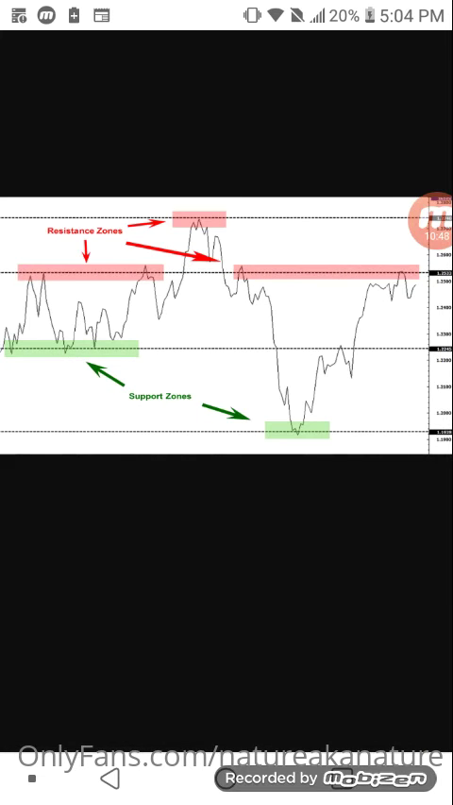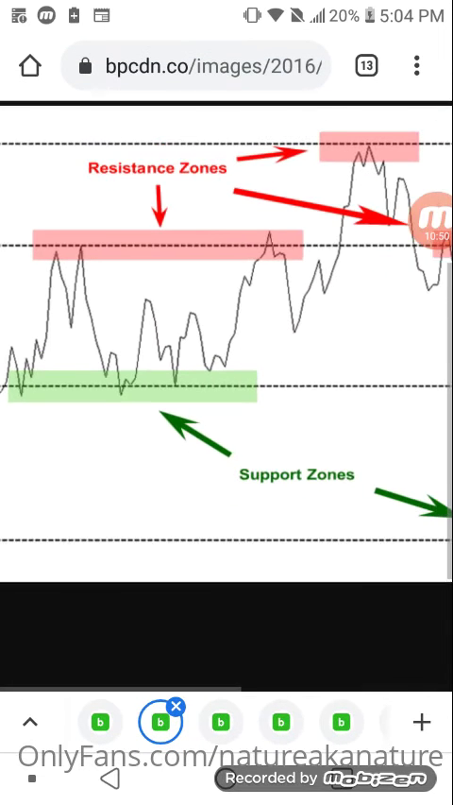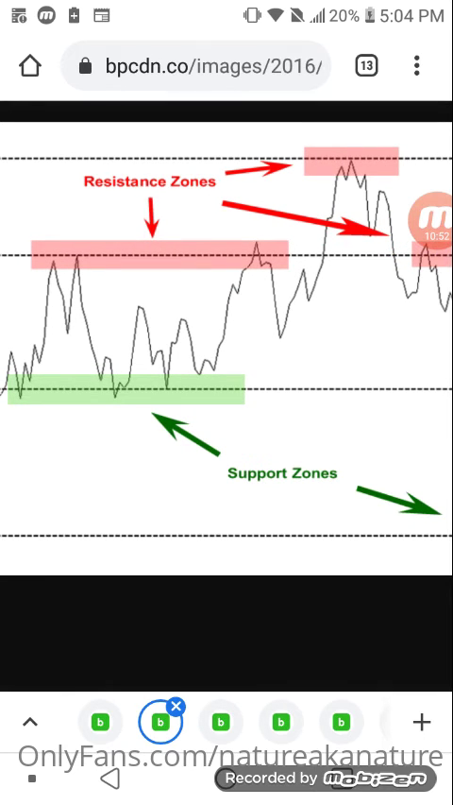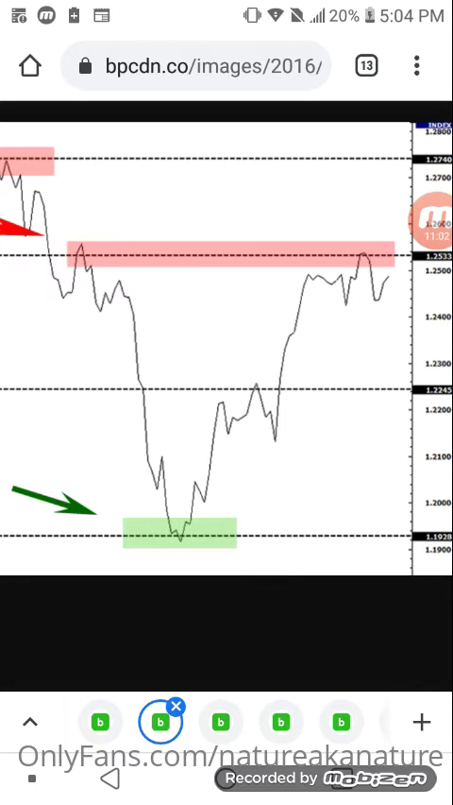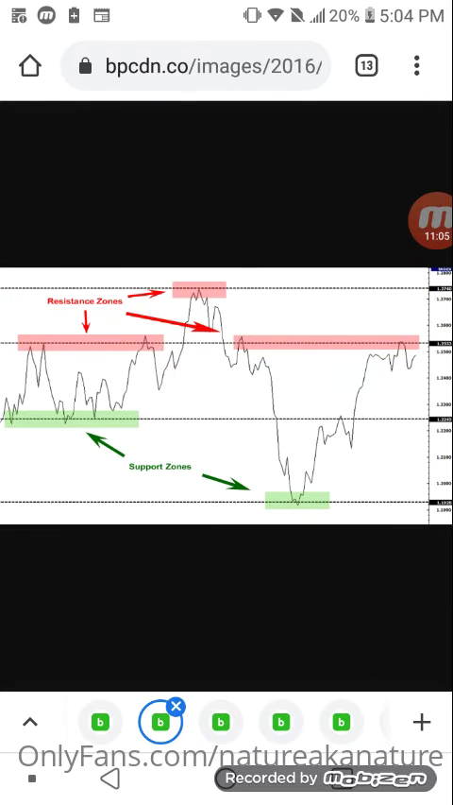The support, the values, the lowest point. Remember, the resistance is the highest point it went to before heading back down, and support is the lowest point it went to before heading back up. So these are the supports right here, the lowest points price went to before heading back up. Alright, so this is how you draw or plot